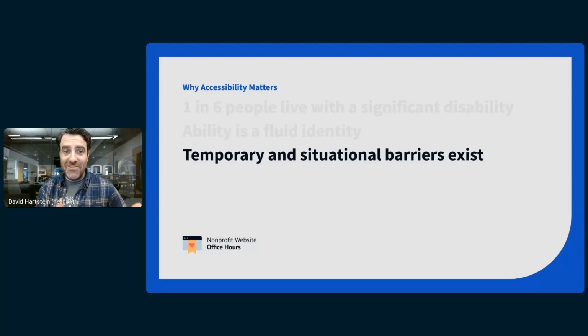Next, temporary and situational barriers. With or without a disability, you've probably been in situations where accessibility mattered. I think illustrating this with an example is sometimes helpful. So let's take a common accessibility tip, like putting captions on a video. Yes, it absolutely supports folks who are deaf or hard of hearing who may be using your website, engaging with your content, but it also makes it possible for someone who is scrolling on their phone in bed to